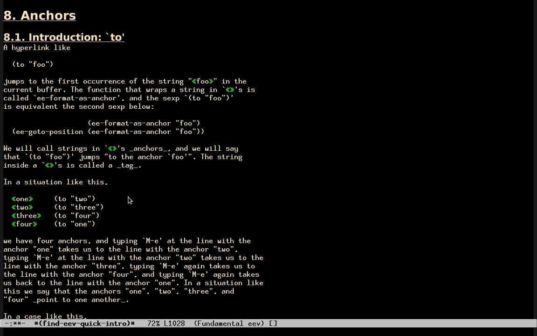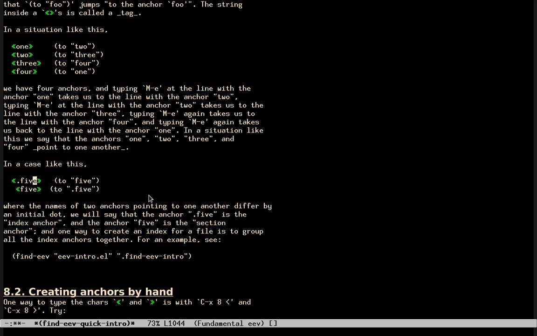And when we run a sexp like this, the sexp searches for this tag wrapped in the green double angle brackets. So this sexp here searches for this string, this sexp here searches for this string, this sexp here searches for this string here, and this sexp here searches for this string here. So if I execute meta-a several times here, I get this behavior, which is not very useful, but in many